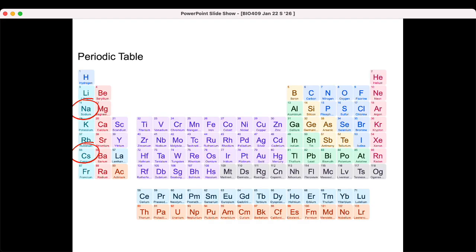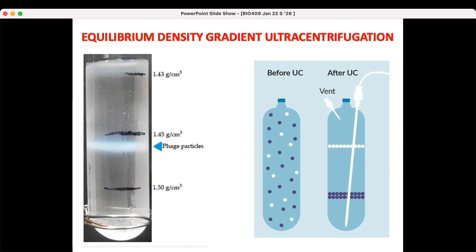And that's done in a really surprising way. So you could make a salt solution, just take some table salt, some sodium chloride, and when you add the salt, it's going to increase the density of that solution. Turns out that sodium chloride is not very good for creating these stacks or layers of different densities, but cesium chloride, just another salt, but a heavier salt, is really good at making those. And so there are a couple of simple salt solutions that can be used to create the solutions needed to stack these.